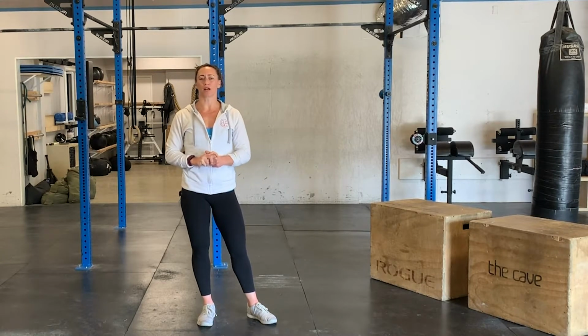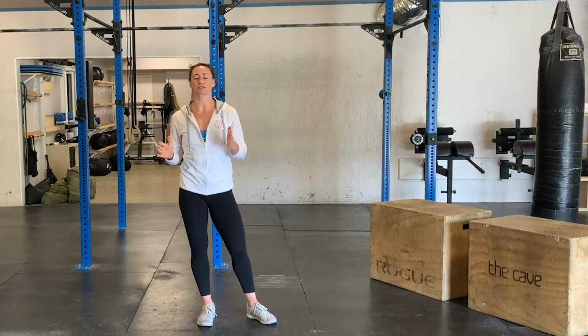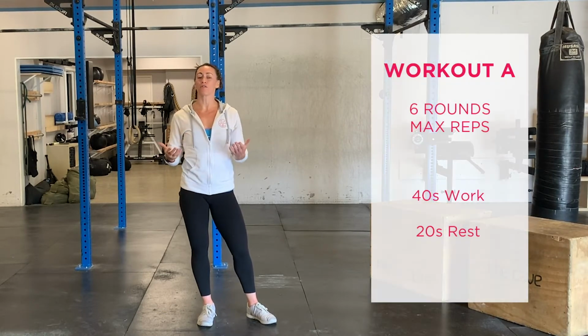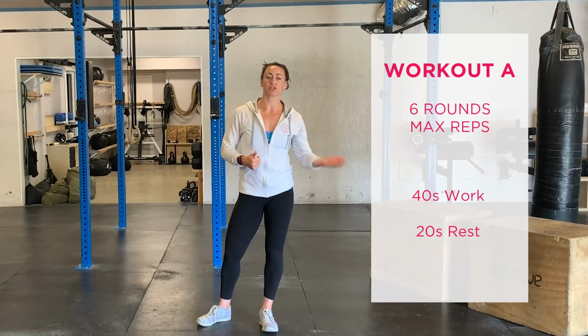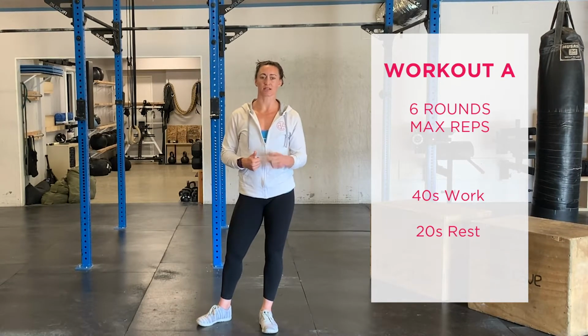We have two parts for your workout today. Starting off for part A, we have 6 rounds for max repetitions. The flow of the workout goes like this. You will work for 40 seconds, you will rest for 20 seconds, and we have 2 of those stations that